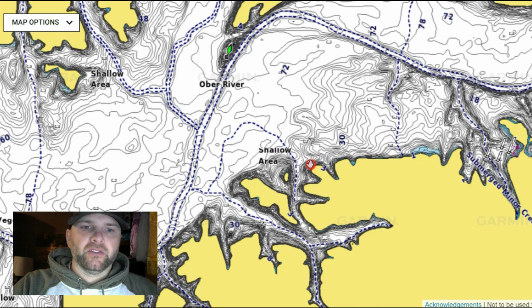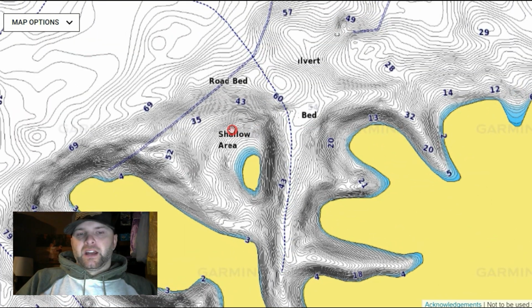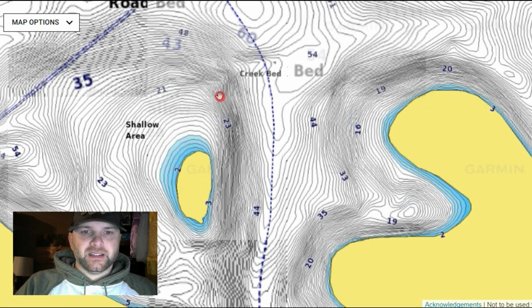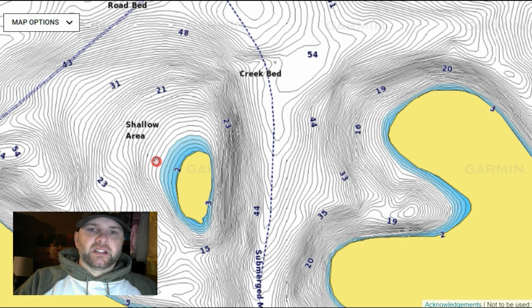But points are basically the easiest area to locate on a map, and what I would consider a starting point for understanding the way that contour lines work. Those areas where those contour lines are closer together, really tight together, are steeper drop-offs, where they start to spread apart a little bit, are more tapering, slower